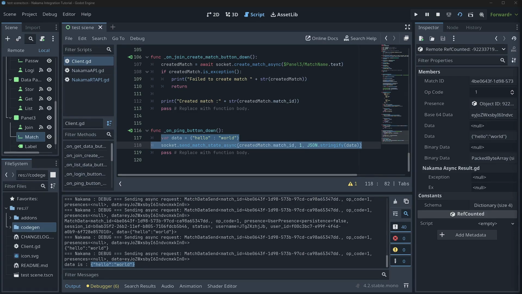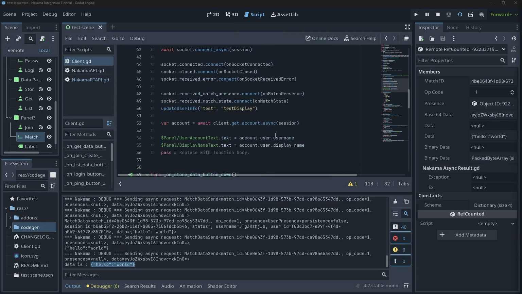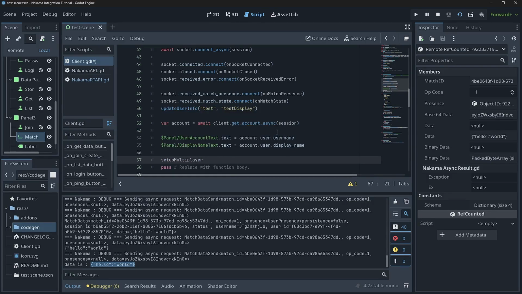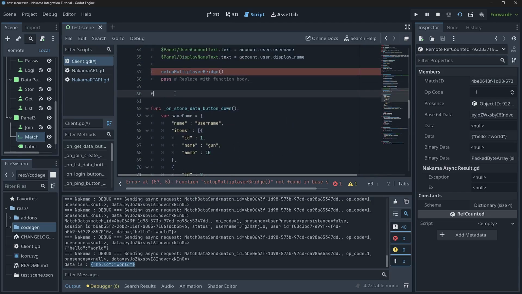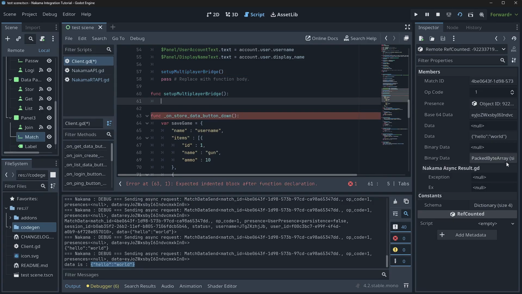So the question is, all right, you're telling me that the multiplayer bridge is better. So what do we need to do to actually do that? Well, that's pretty simple. If we scroll up to where our login is located here, we can come in here and basically say, set up multiplayer bridge. Now I'm going to create a function to do that. So I'll just type set up multiplayer bridge like that. And I'm going to come down here and just create a quick function for that. And what I'll do is I'll basically just say, okay,